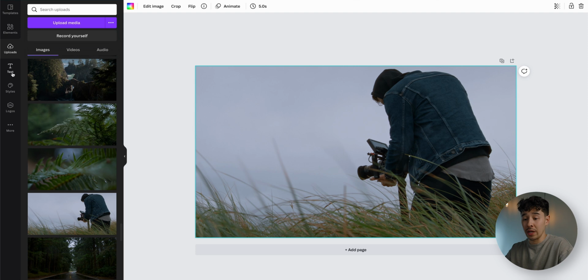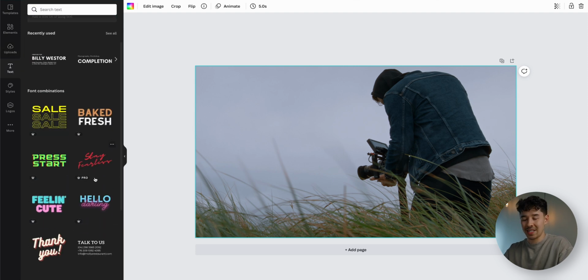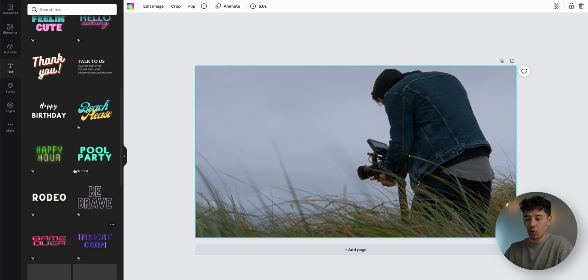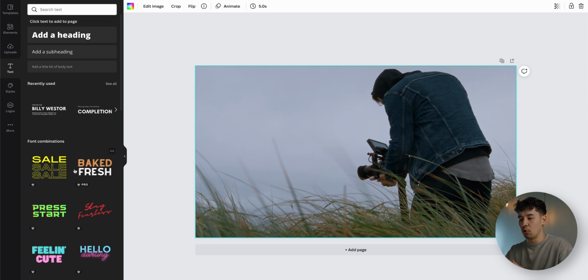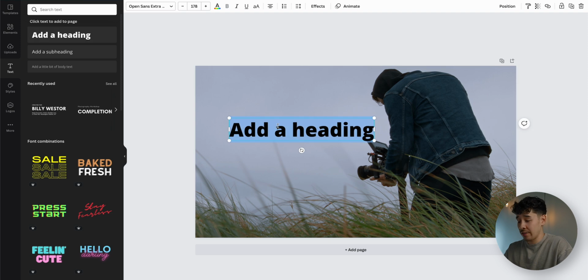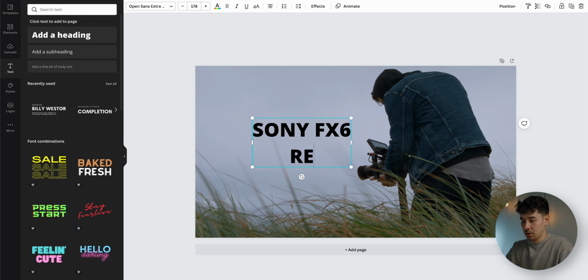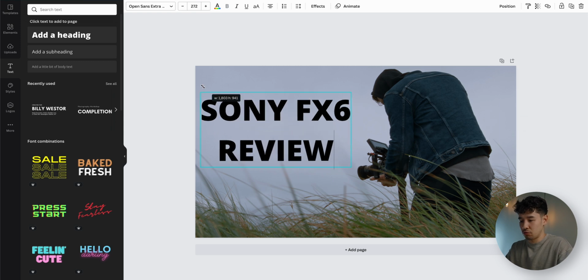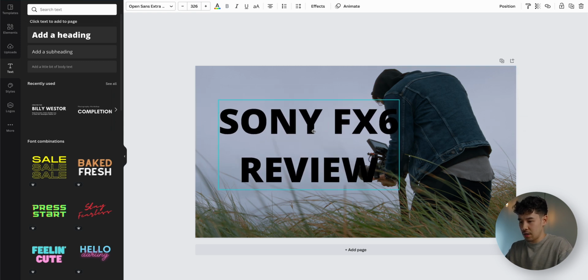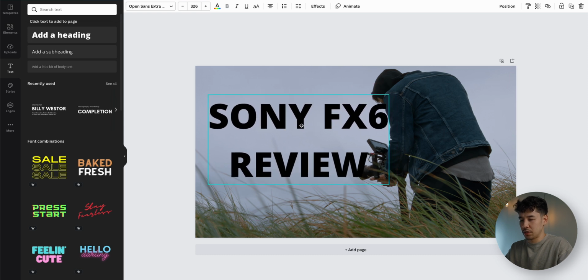Let's go ahead and throw in some text. Canva has a ton of text presets. A lot of them are really cool, but I think for this, something very minimal and bold would look really cool. Drop this in. He's shooting with the Sony FX6, so let's call this the Sony FX6 review. Let's just go ahead and drag up the size,